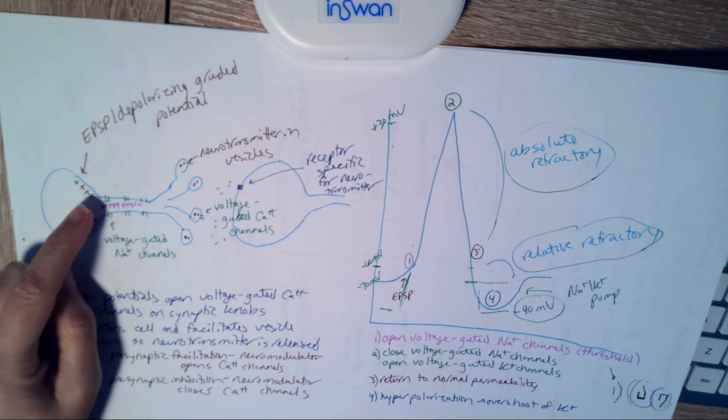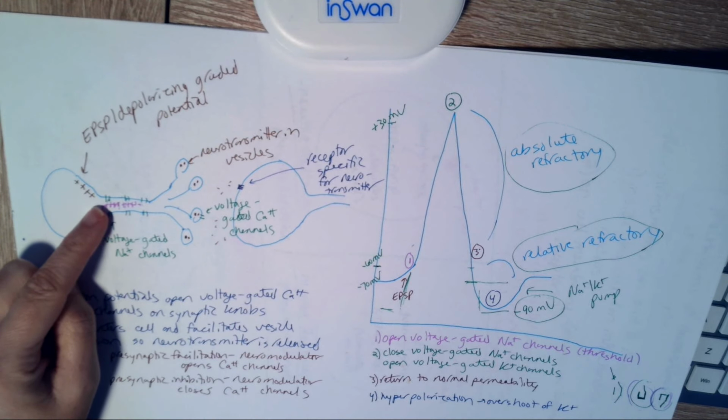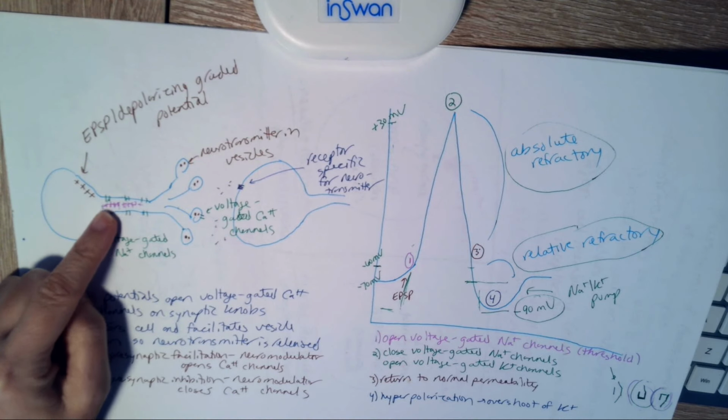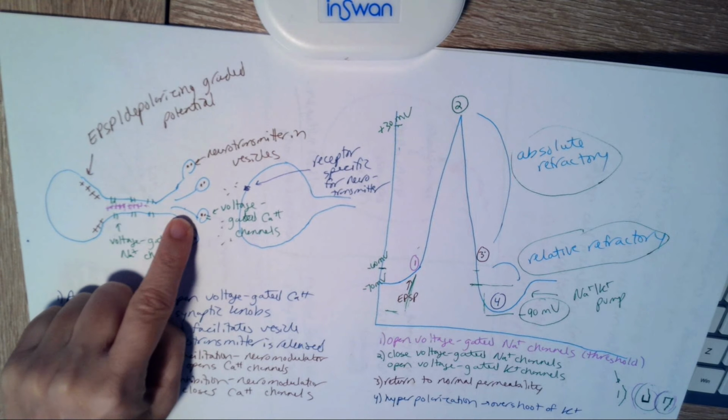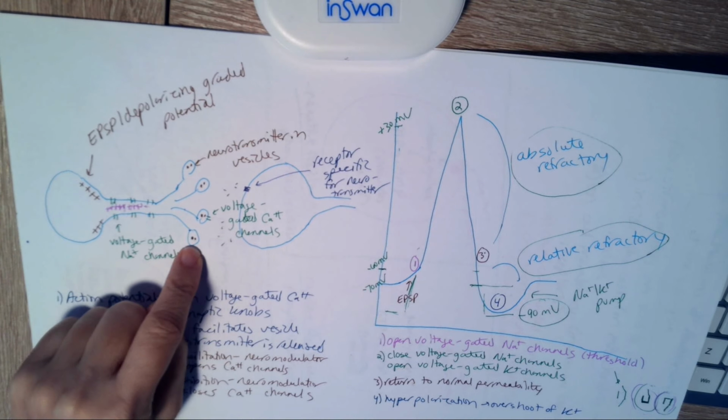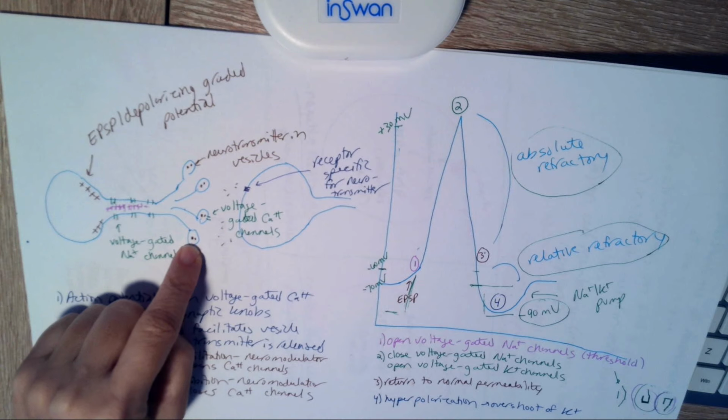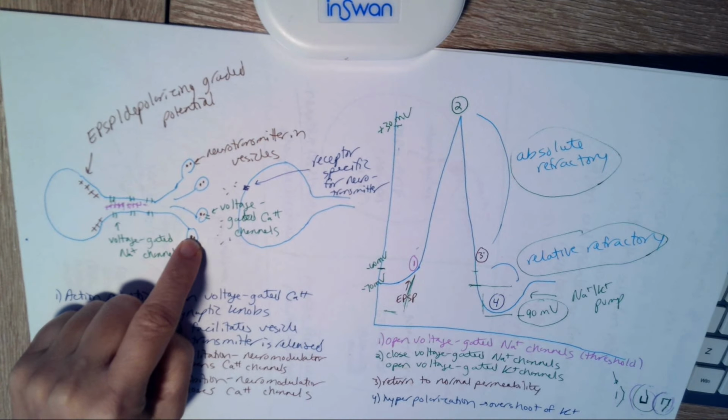It's strong enough to reach threshold at the initial segment of the axon and then trigger that action potential. So we have the action potential, the action potential, the action potential, all the way down till we reach the synaptic knobs where we have neurotransmitter found there. And that neurotransmitter will be found in